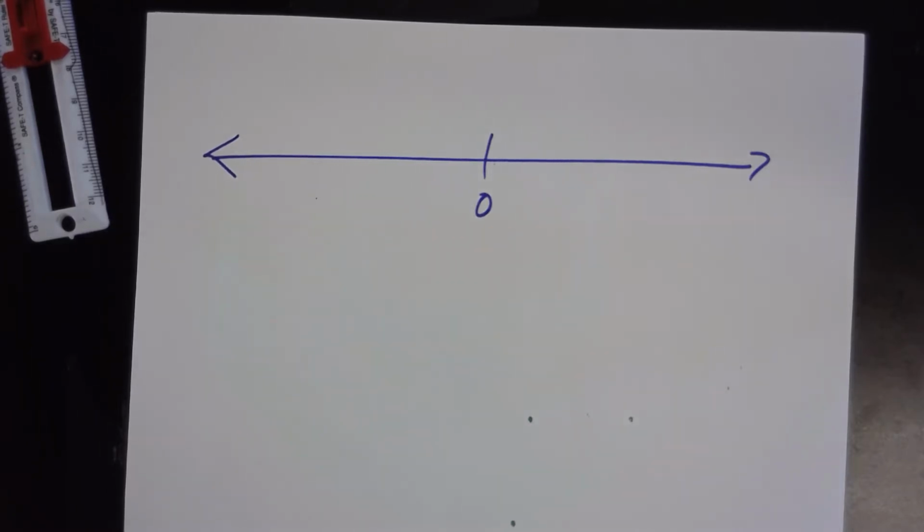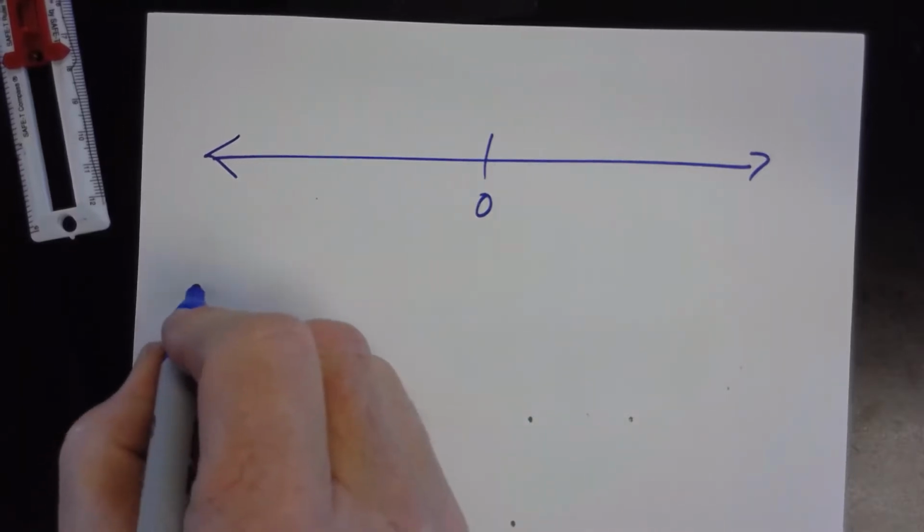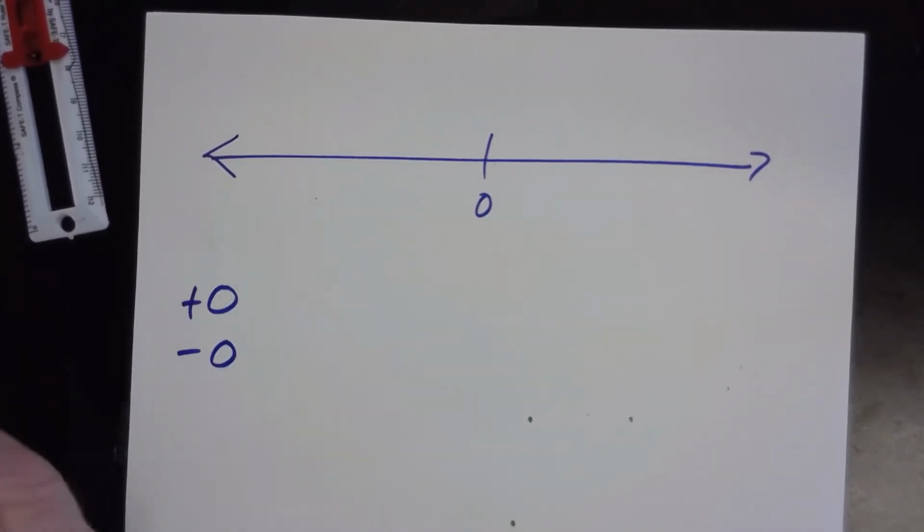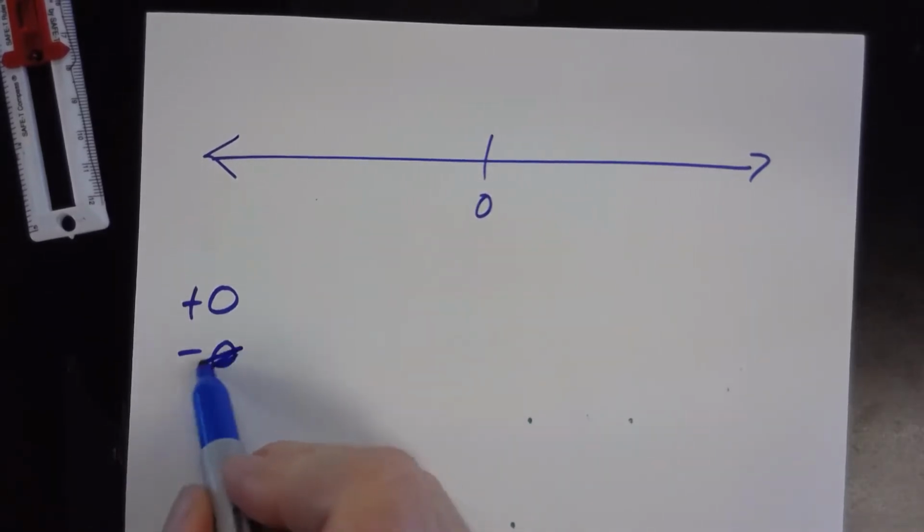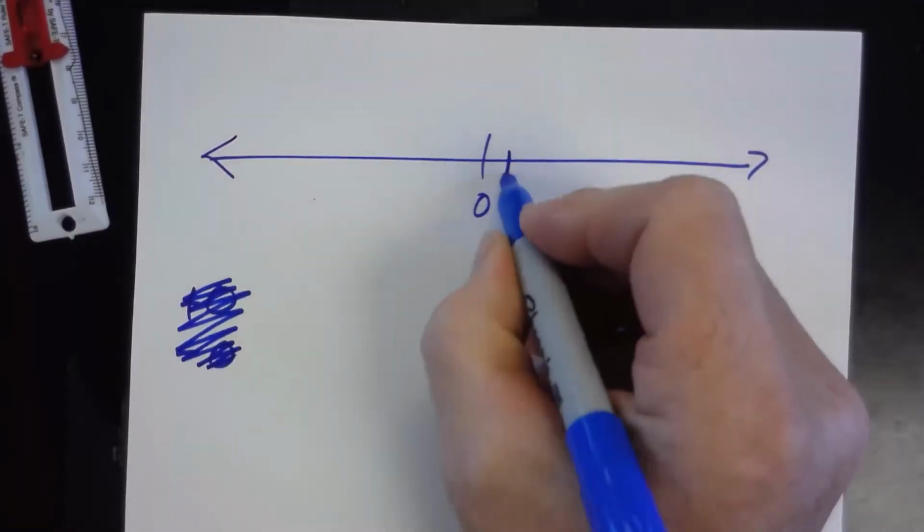It doesn't have a positive or negative. We never write positive 0 or negative 0. That's just not a thing because 0 is 0, right? We understand the concept of that. But other numbers,